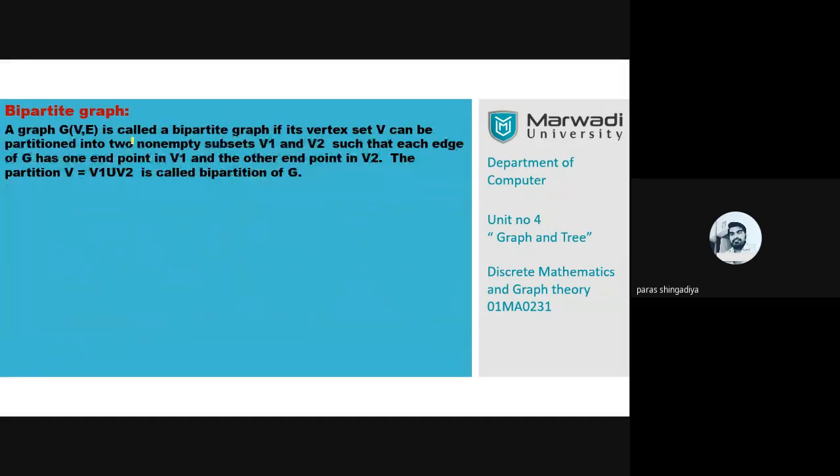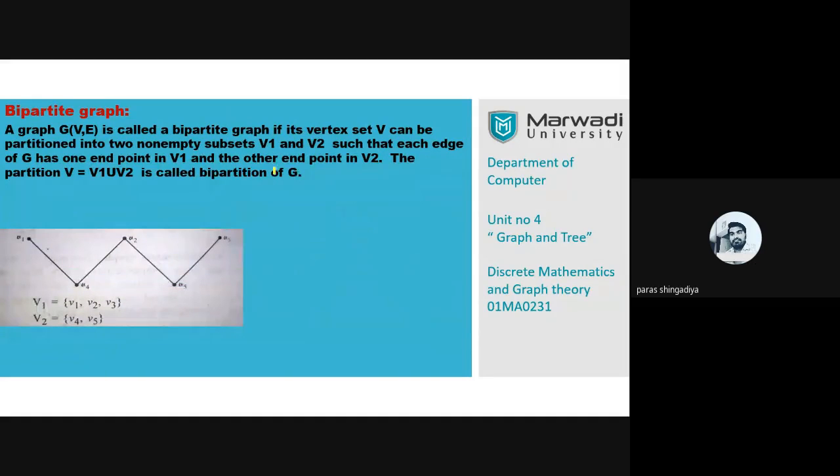After that you have to learn the bipartite graph, which was also completed in the last lab. What is the meaning of a bipartite graph? There is one vertex set V, and you have to divide it into two partitions, V1 and V2, where V1 and V2 are subsets of V. It means you take the vertices in V1 and V2 from the vertex set V. Then you have to make the connections in such a way that there is an edge with one endpoint in V1 and another endpoint in V2.